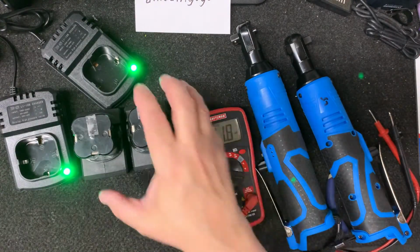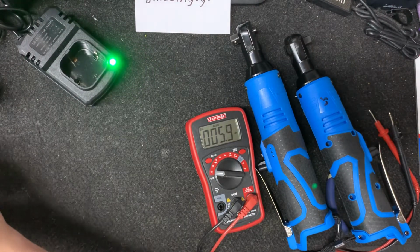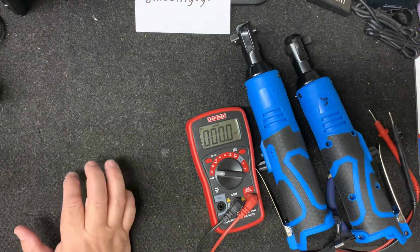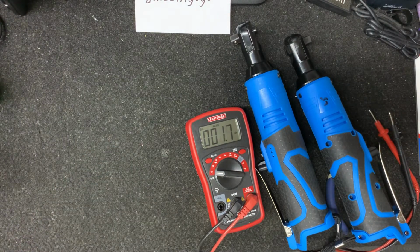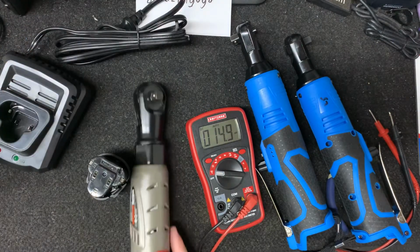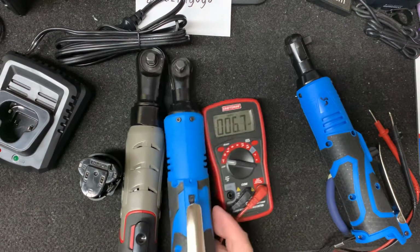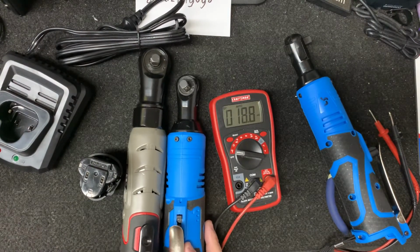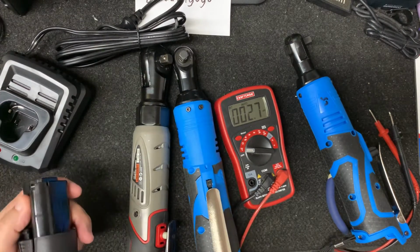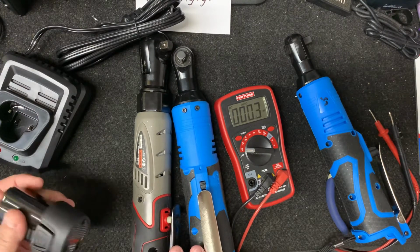Now, what I'm comparing this to, and it's not the greatest tool, but it does okay. And if you ever look up a guy on YouTube called Project Farm, he does other ratchets, and the other ones are much better than this. But this is what I was using prior to this. And this one is going to end up for home while I take the other one to work. This is a Harbor Freight unit. Now, it's a little longer, so it's going to have a little bit more torque. The handle's a little smaller, which doesn't matter to me too much. Doesn't have a light, which is not a big deal. But this is a 12 volt. Okay, now